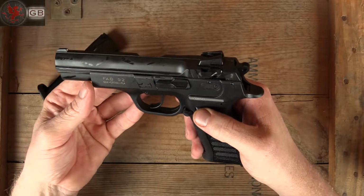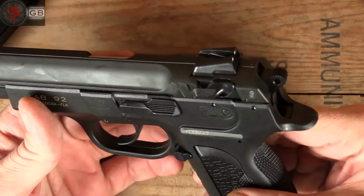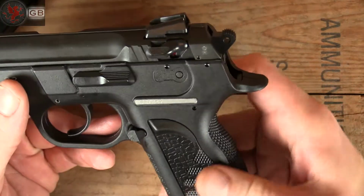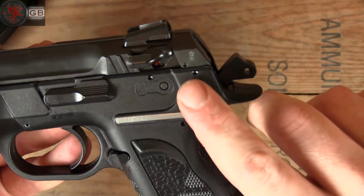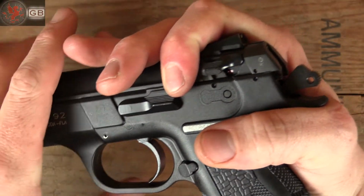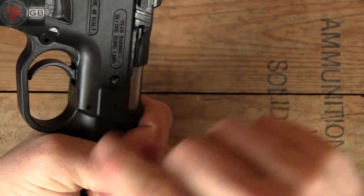Now we'll take a look at the insides. Now disassembly of this thing is a little different from what we're used to. It's taken me some practice just to get the dang thing apart. It says to first put the hammer back, of course after making sure the gun is clear. And you see these marks here? Those you have to line up, and then once those are lined up, push on this side of the takedown